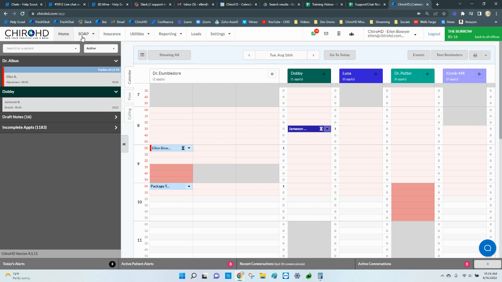In order for a user to be able to see this tab, their user has to be set up as a provider. So any user that is set up as an administrator will not see this tab. So if you want them to have access to the SOAP Notes tab, just simply edit their user so that they are a provider. So I'm going to click on SOAP, Patient Chart, and you can see that it is